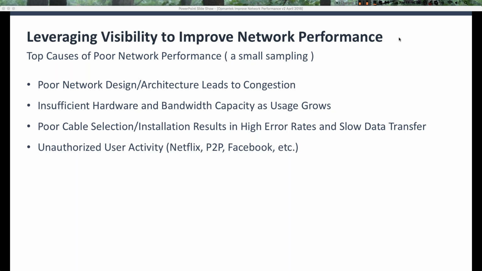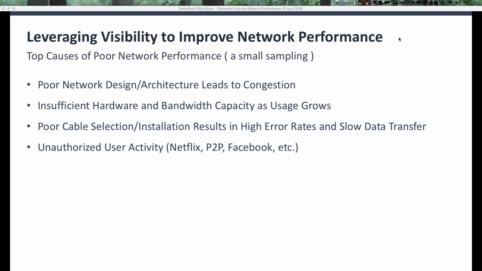are installed. So, if you don't have good cabling, if you don't have good connections between your points, then of course you're going to have all kinds of issues with high error rates, dropped packets, slow data transfer, lots of repetition that can really negatively impact the performance of your network. And a fourth piece, and this is just really a small sampling, right? This list could be 15 slides long, but these are really the top four from my experience